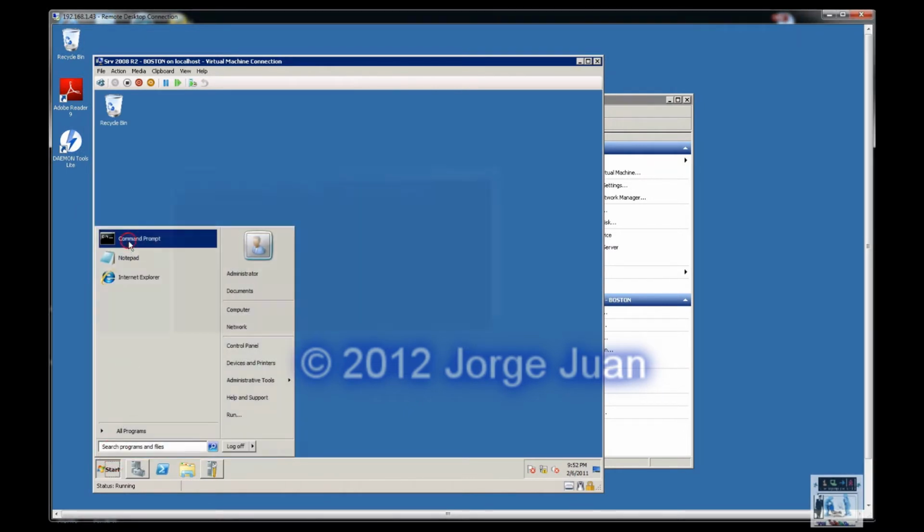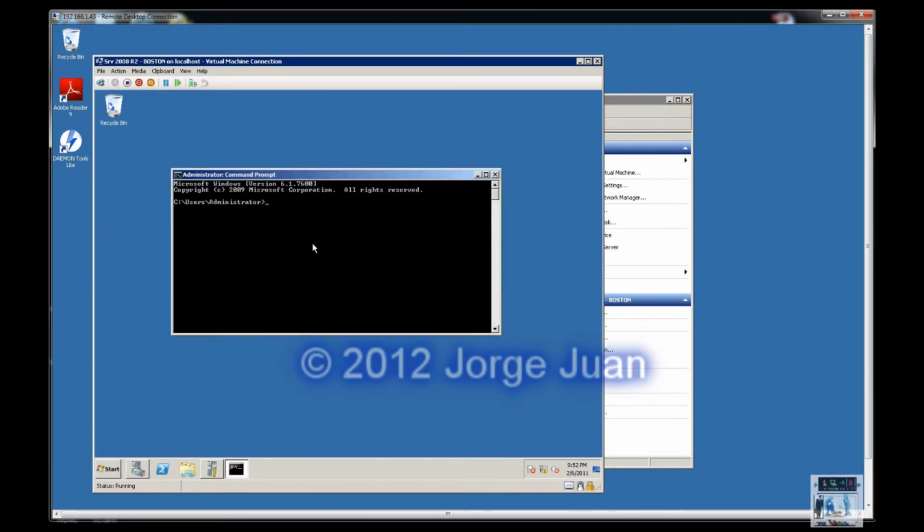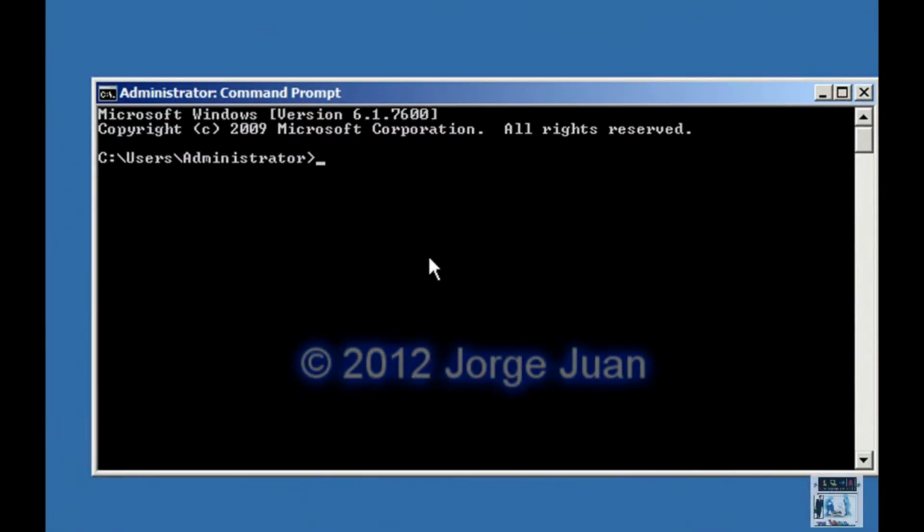Exercise number 4. We will now configure a static IP address using the command prompt. Open up an elevated command prompt. It would be a run as administrator, but since I'm logged in as an administrator, that's not necessary. And then at the command prompt, type netsh interface ip set address